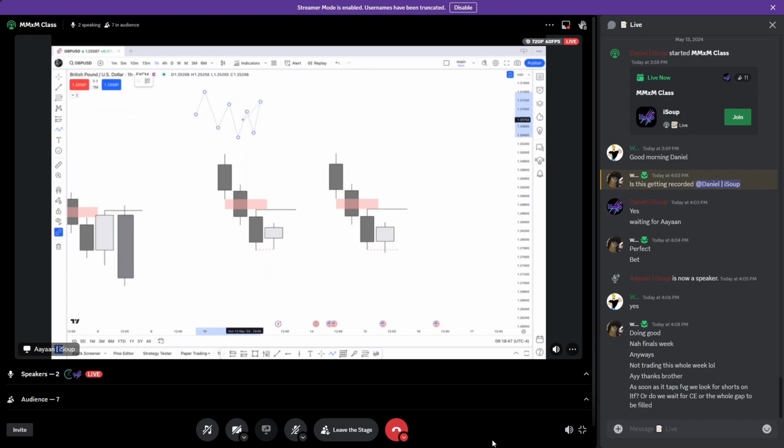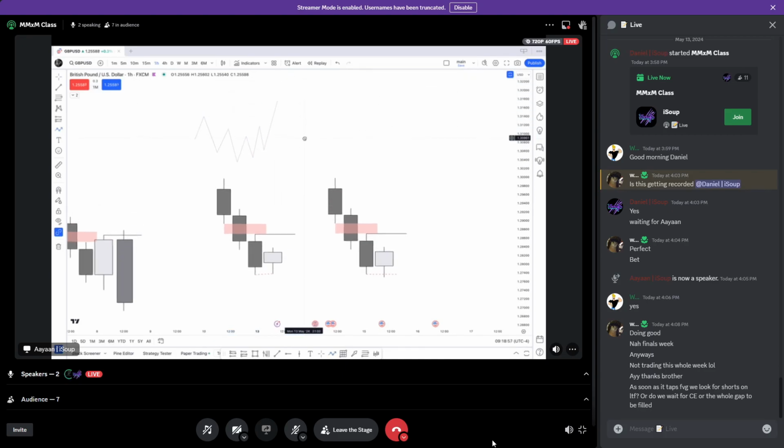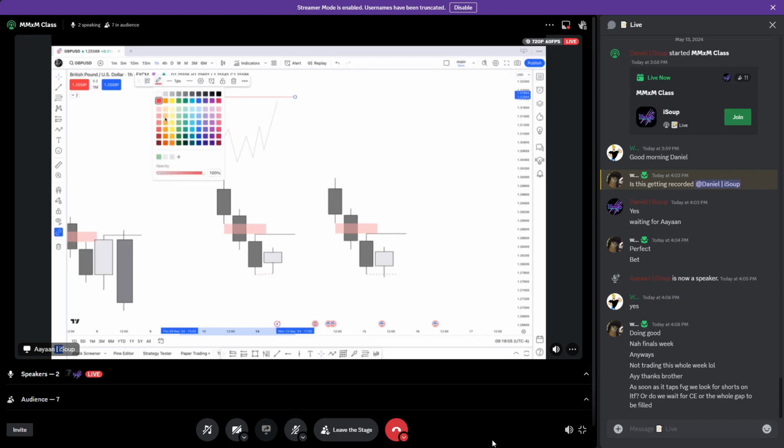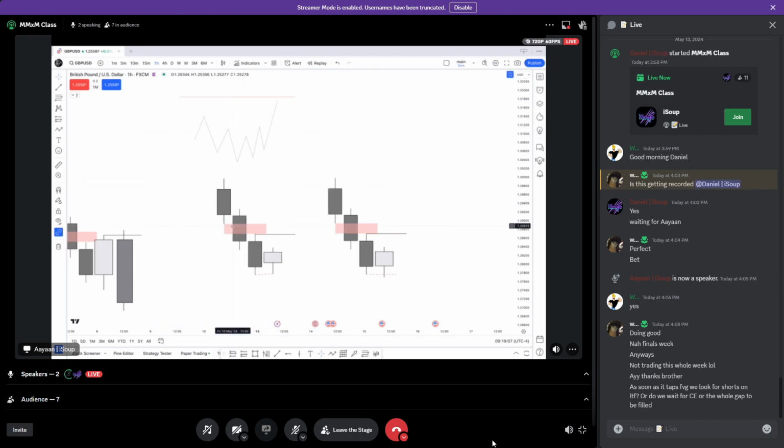Right here, there's gonna be a market structure shift. Then you can wait for your OTE or FVG entry or balanced price range from this, and then you can take it to the fair value gap, which should reside around here. It should do it with ease, and if you do it right,